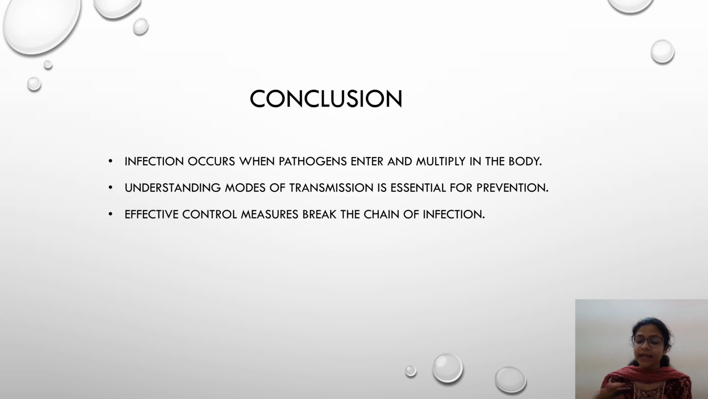So, to conclude, infection occurs when pathogens invade and multiply in the body. Understanding these modes of transmission is essential to design effective prevention and control strategies. Whether it's direct contact, contaminated objects, vectors, or airborne spread, every route can be interrupted by targeted interventions. Especially for social workers like us and public health professionals, this knowledge is vital to protect individuals and communities. So, this was the topic I was